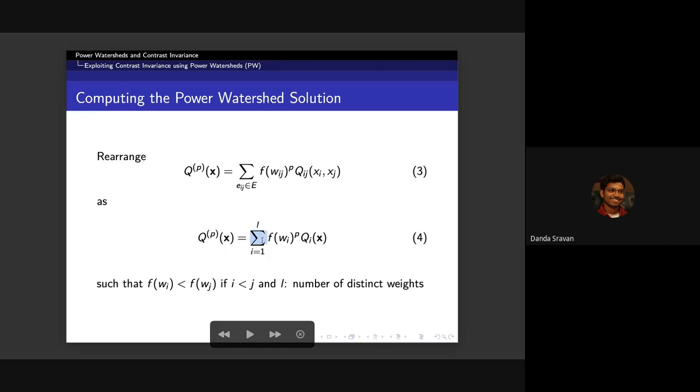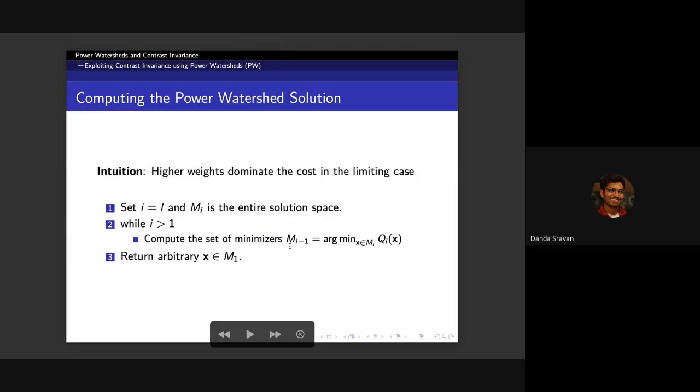Now what I would observe is that in the limiting case, the terms of higher weight are going to dominate the cost function. So if I want to minimize this particular cost as p gets larger and larger, I first need to concentrate on the terms with the higher weight as coefficient. Using this intuition, one can show that this simple algorithm can give us the limit of minimizers. So what I do is I start with the